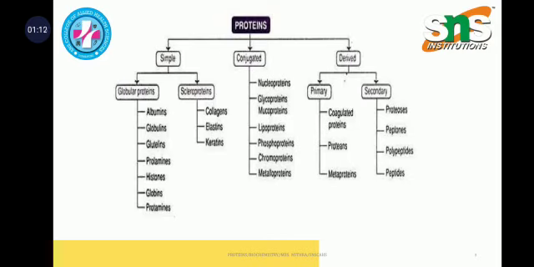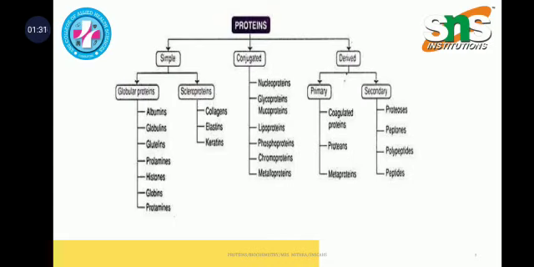Albumins, globulins, prolamins, glutelins and histones all come under globular proteins, whereas collagens, elastins and keratins come under scleroproteins. In conjugated proteins, there are